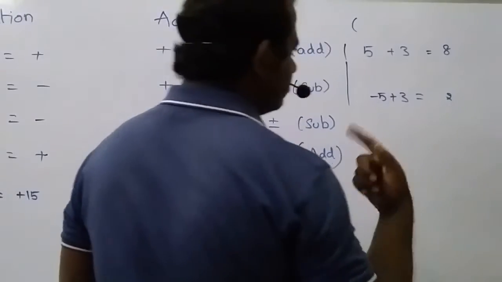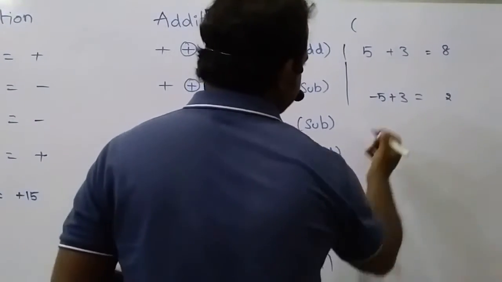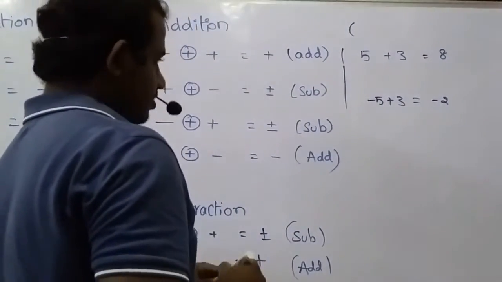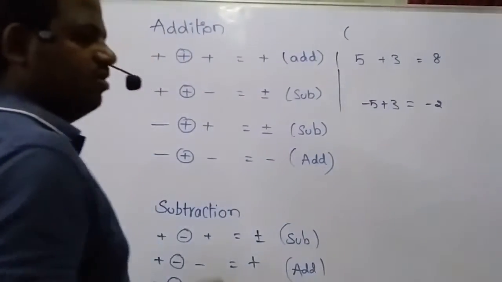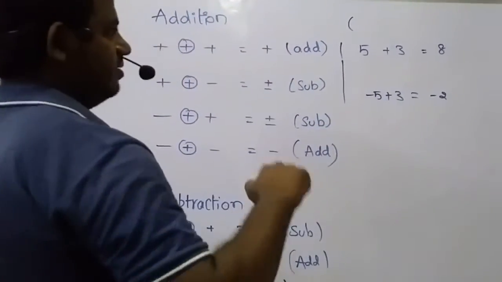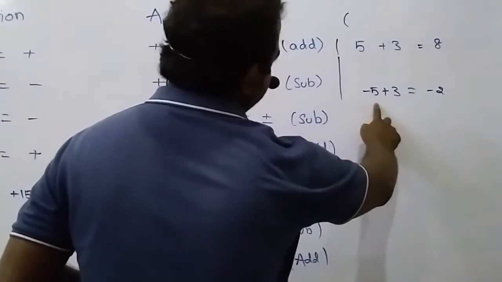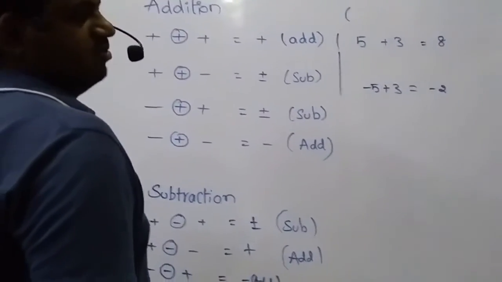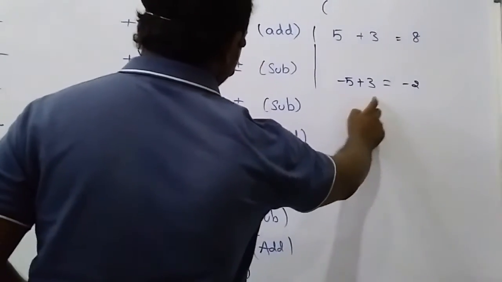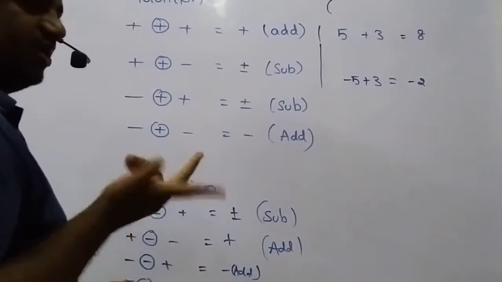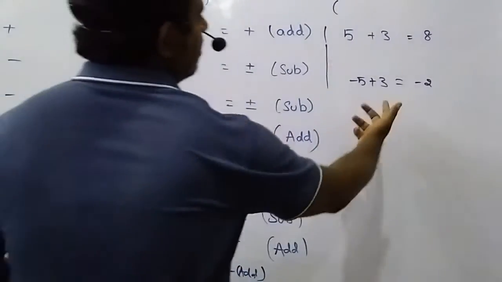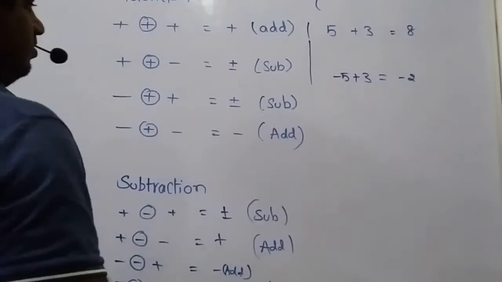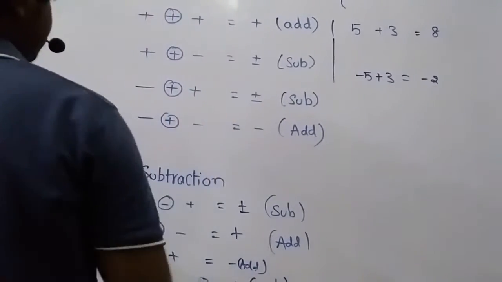Before 2, what sign do we have to take? The larger number's sign. Here the larger number is 5, and the sign is minus. So the result is -2. Be very careful. Even in very simple steps people make mistakes. In this case, those who take this result as plus 2 made a mistake. Don't make that mistake. Be careful taking these signs, especially when two numbers are involved in addition or subtraction. We have to subtract the smaller number from the larger number and take the larger number's sign before the result. That is correct. Okay, you are done with this step.